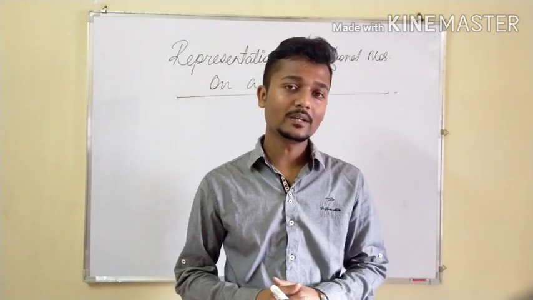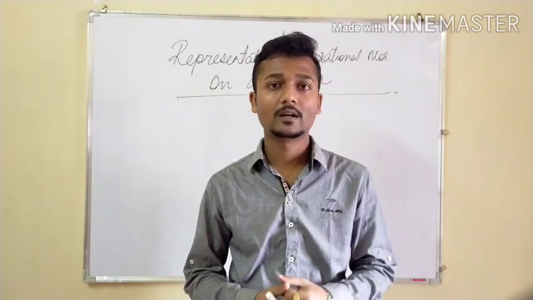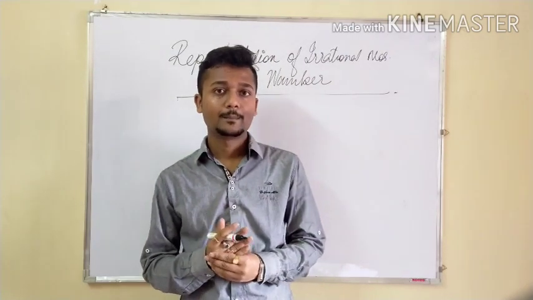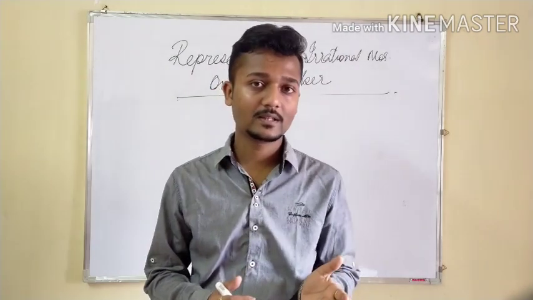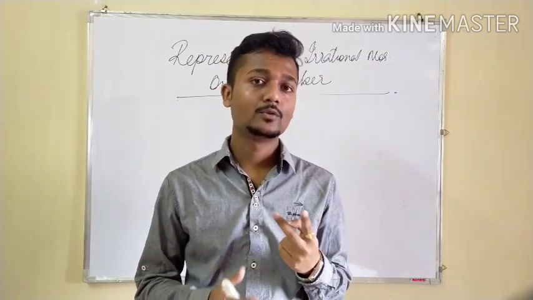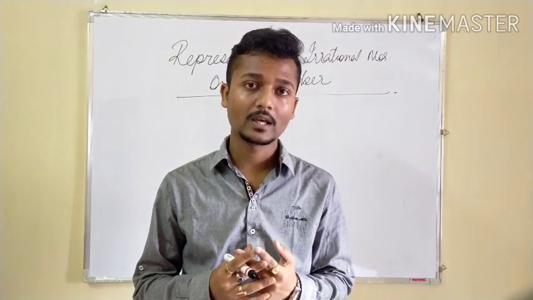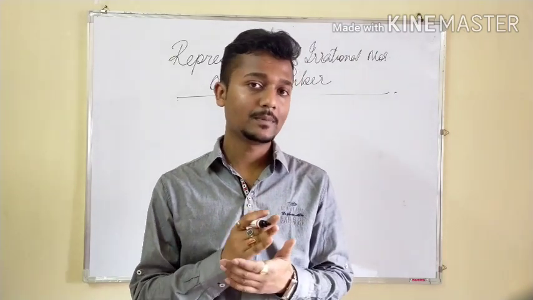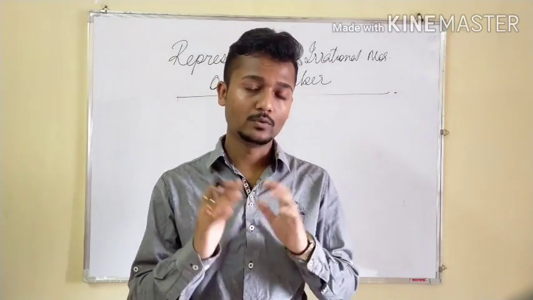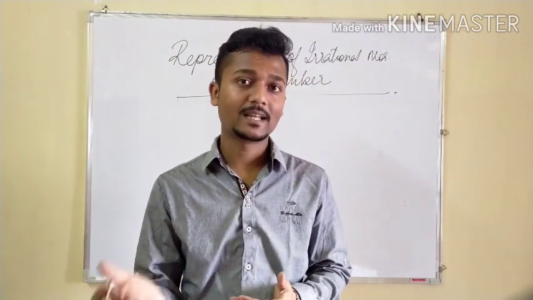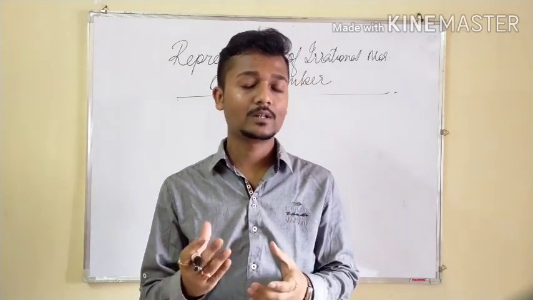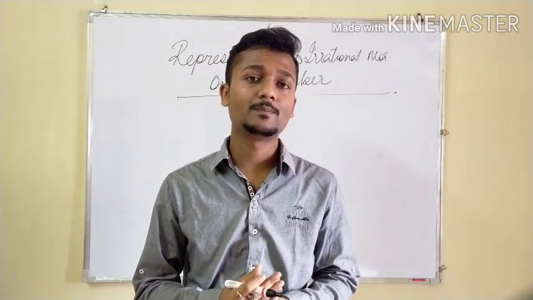So what we have learned today: in the very beginning we have learned how to represent an irrational number on a number line. But whatever questions I have discussed today, for example root 3 on a number line, root 2 on a number line, those are not sufficient. Okay, first today you have to be very much equipped with the questions that I have given you to do at home. If you do those questions, in my next video I will try to discuss more on that concept and we will try to understand the concept in a much deeper form.